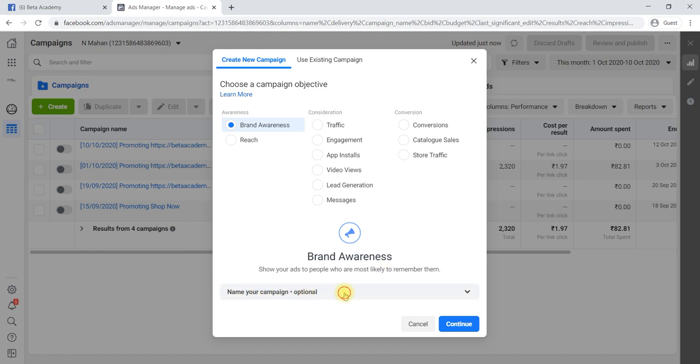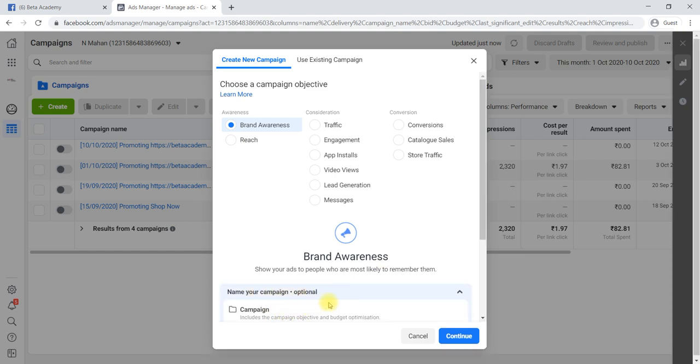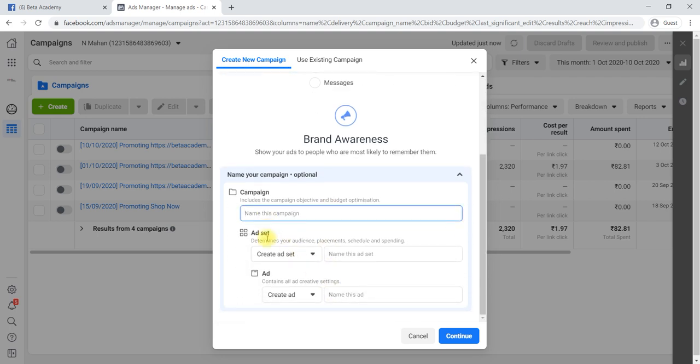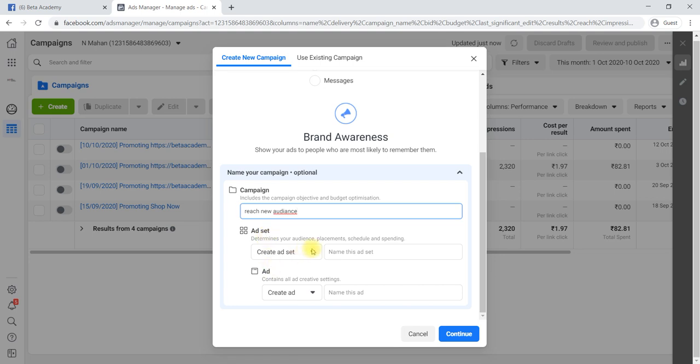name your campaign. You can name the campaign here like "reach new audience." Then we can create the ad set. We can give the ad set name also, same thing: "reach India."